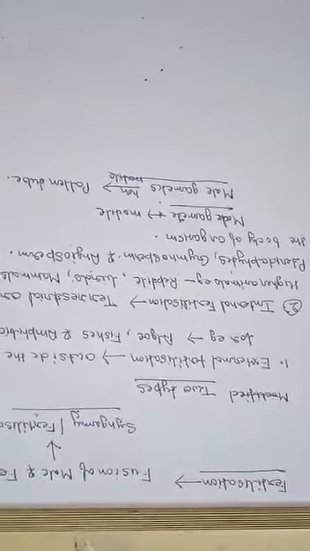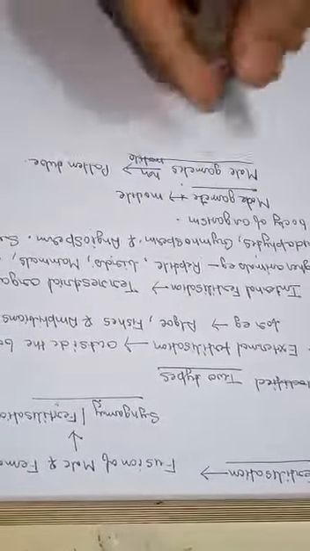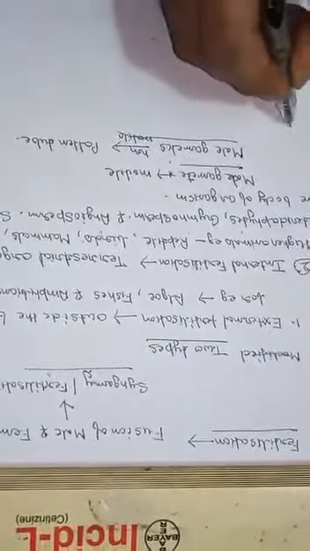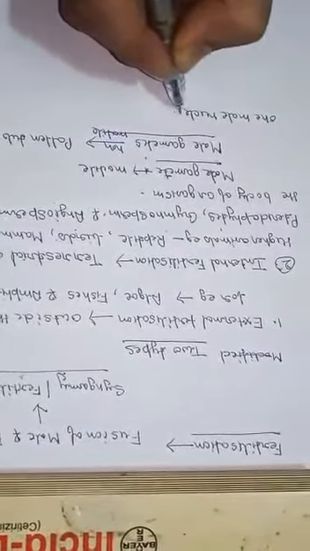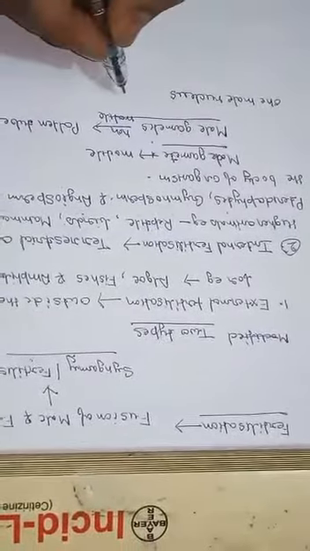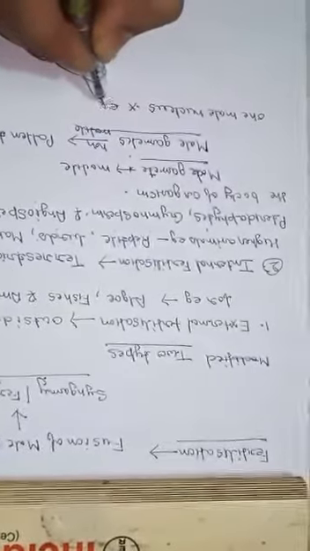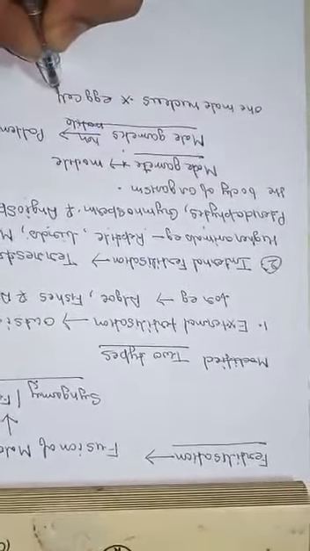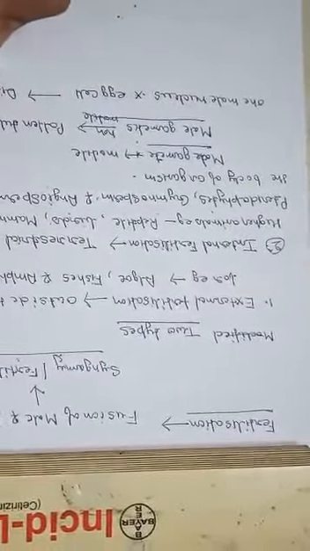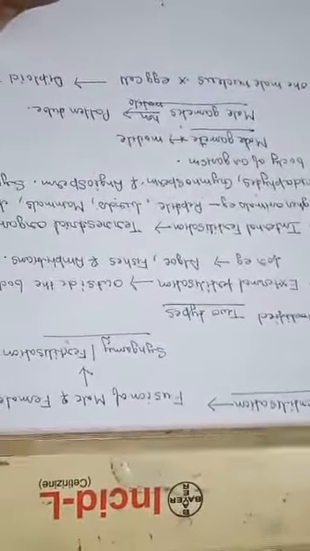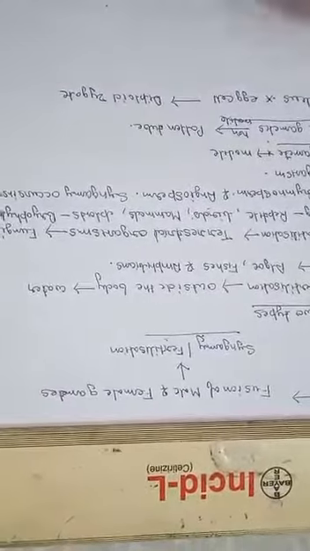There is one more fertilization that takes place in higher plants, where one male nucleus fuses with the egg cell to give a diploid zygote. The other male